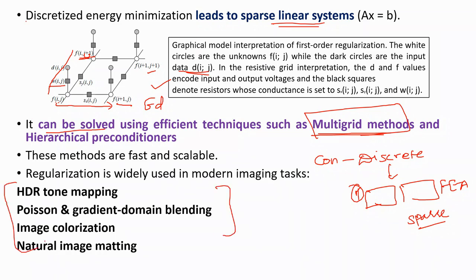So in general, this regularization can be applicable in applications like HDR tone mapping, Poisson gradient domain blending, image colorization, and natural image matting. That's all about regularization technique in global optimization. In next part, we'll